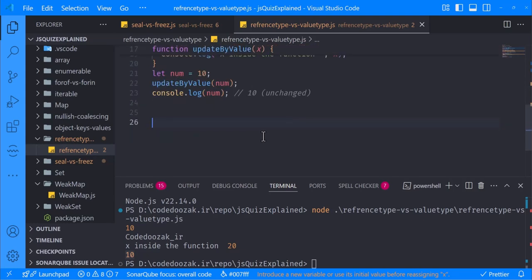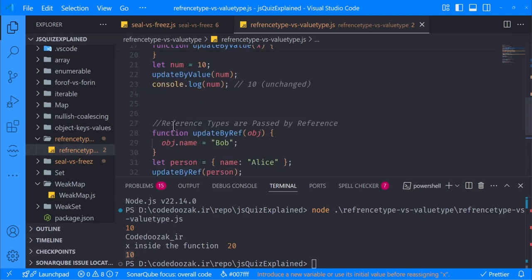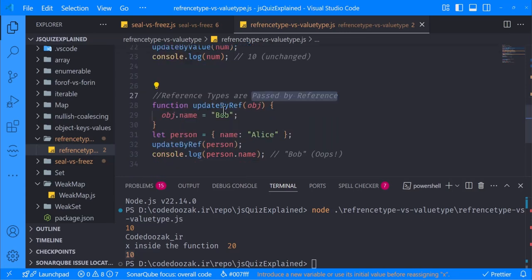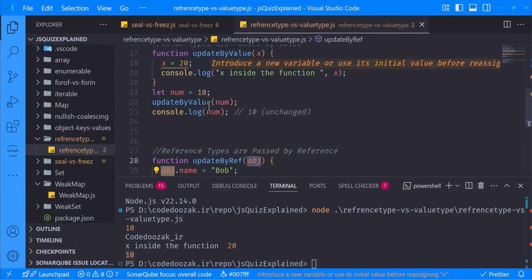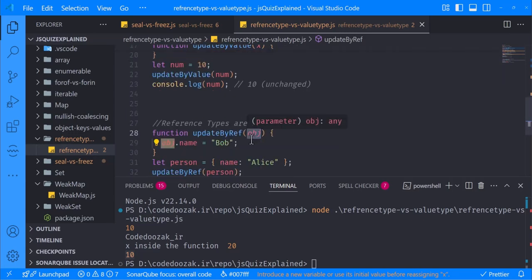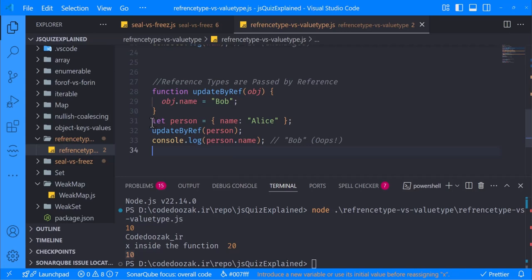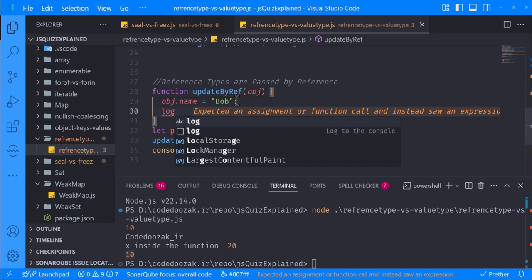Okay, what about the other one? What about reference types? Okay, let's see. In here we have update by ref. Reference types are passed by reference. In here, instead of accepting a value type, it's accepting an object. In line 31, we define the person with name Alice, and we update it by ref to person, and let's log